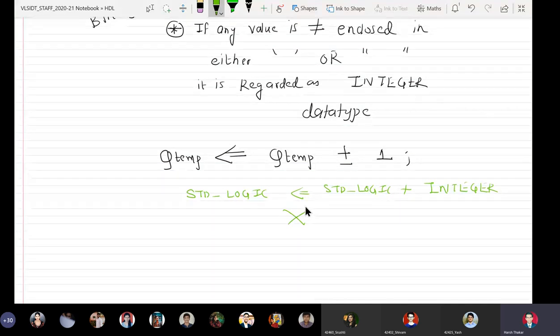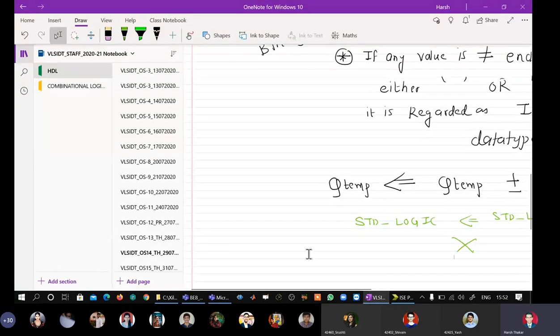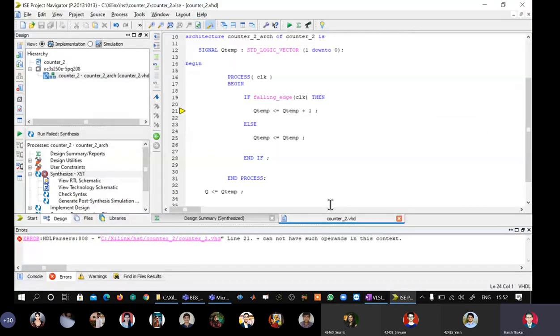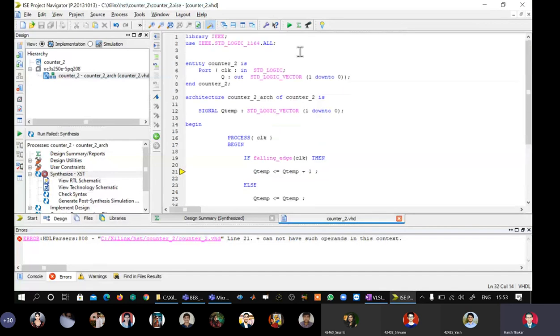So we need to either write a separate function or a process to do data type conversion, or else there is another better solution for this. You see here, Q temp gets Q temp plus 1 is attempting to add a signal belonging to the data type standard_logic to a number 1, which is integer data type, right? So what we do is add one more library statement here.